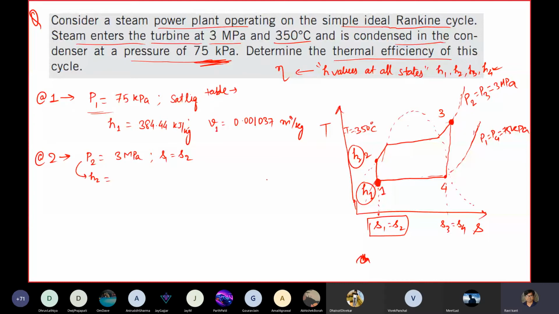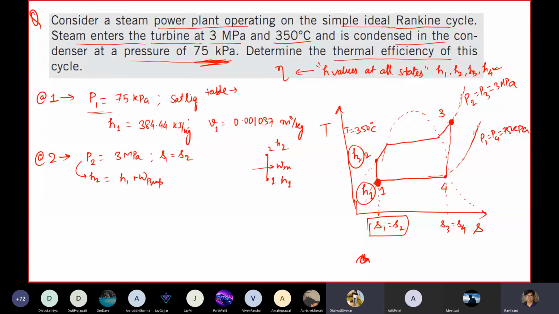Since this is a process going from 1 to 2 by the pump, work in is coming and your enthalpy jumps from H1 to H2. So H2 can also be deduced as H1 plus work of the pump. Either you can go this way or you can also deduce it with P2. Sir, this one is a difficult method. Which one? H2 finding out from work of pump and H1? Yes, sir. Okay. Sir, we shall stick to the table only.